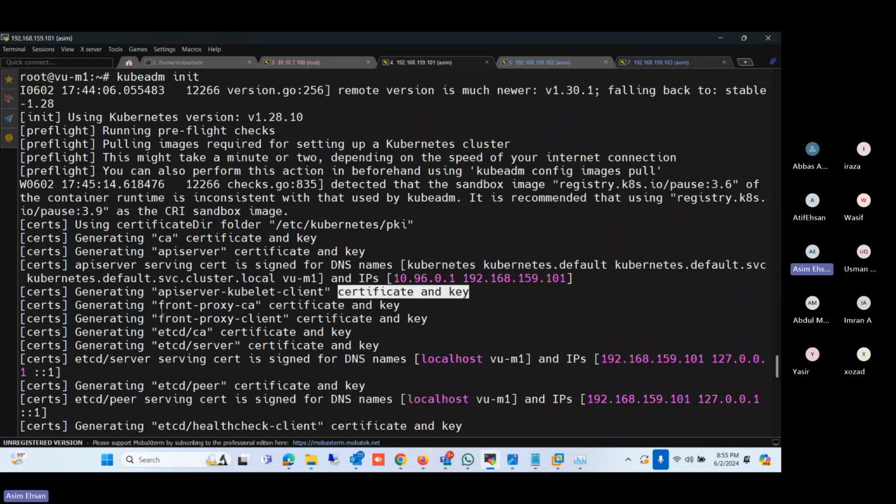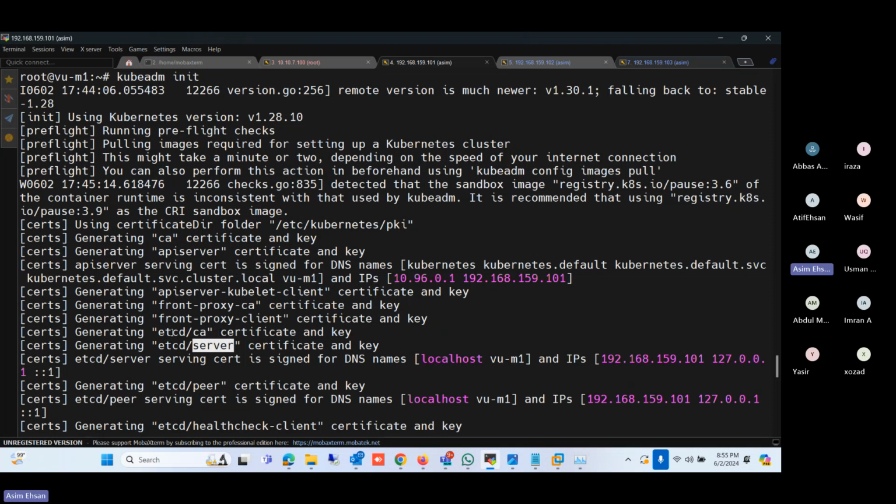Then the front proxy certificate authority, certificates and key. This is a proxy server that will be used to expose the service to the external network. The front proxy client is related to the proxy certificates. Then the etcd database certificate has its own certificate authority, and its certificate and key. And then the etcd server,